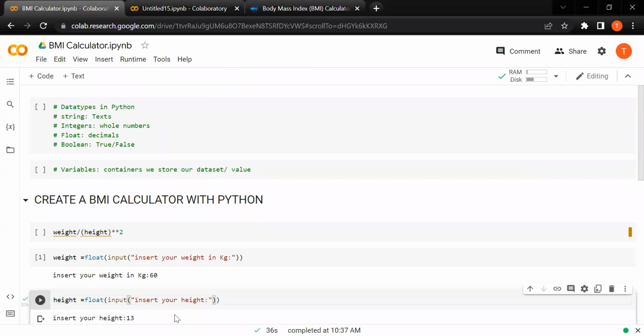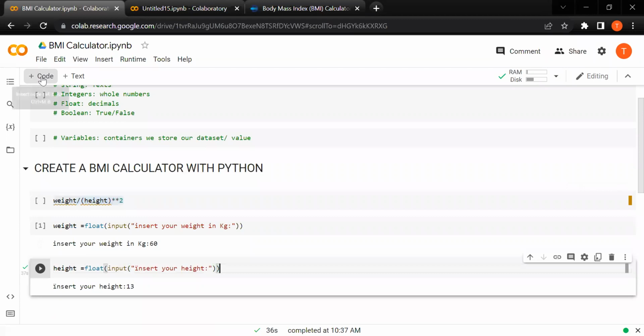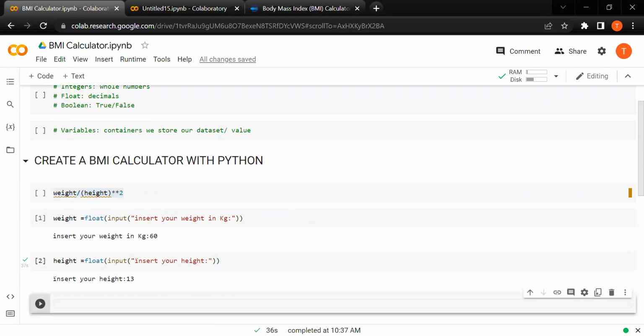So let's just enter it. It says your height. Now we need to define our BMI, using this height. So now we need to bring it here. Let me copy this. You getting it? Let me create it here and paste it. Now let's name it BMI. Let's make it variable BMI, BMI equals to this. Okay, you see it now. When we now run this,